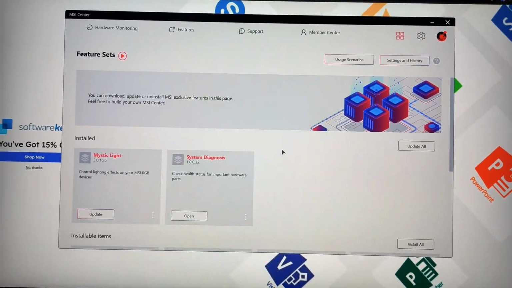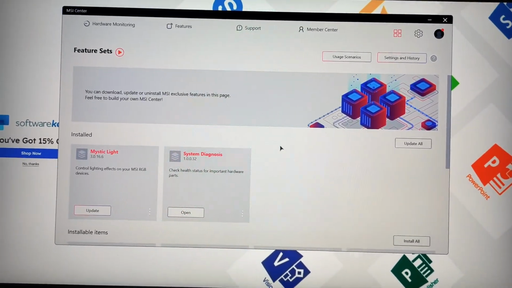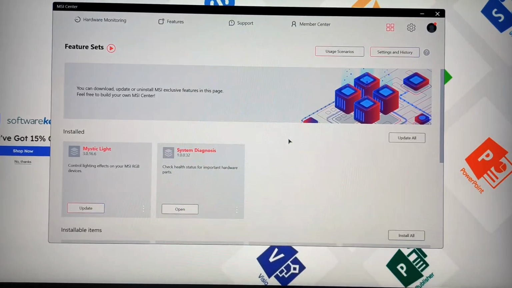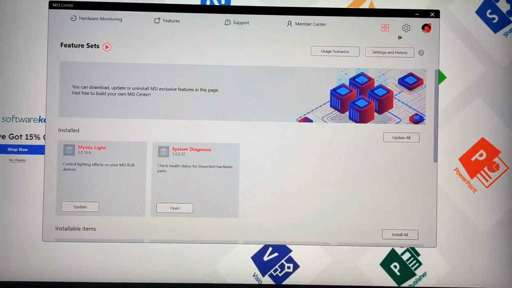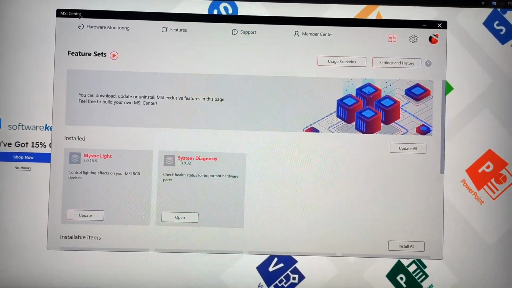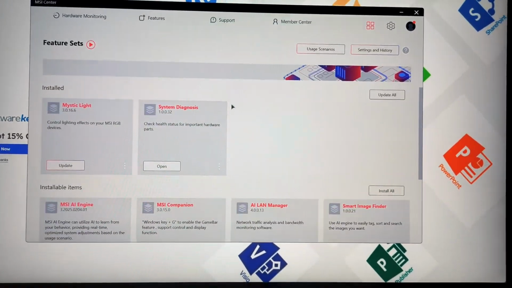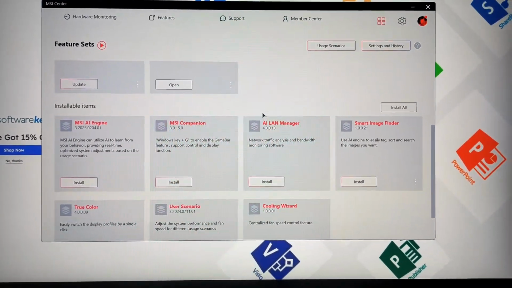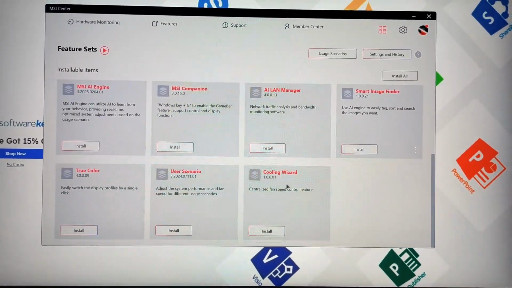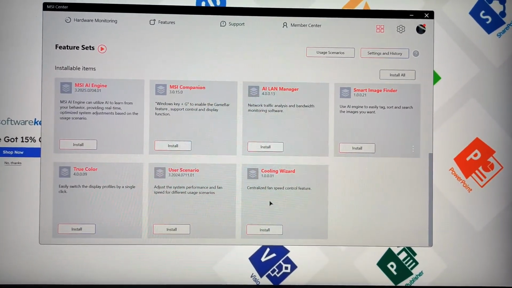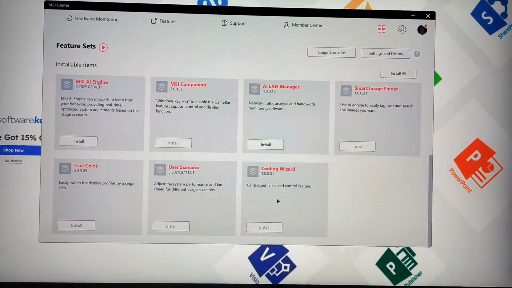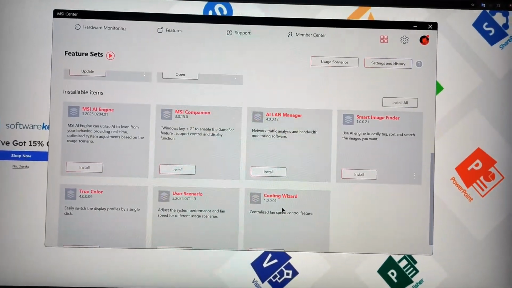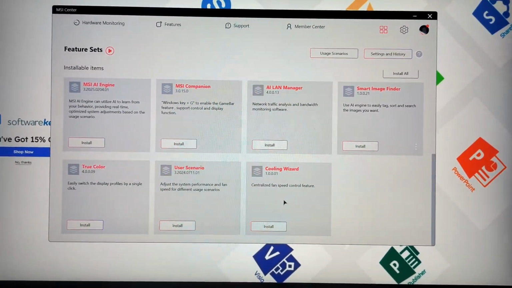Firstly, before I get into the main method, if you have an MSI motherboard like I have, you can just go into this MSI Center application. As you can see, I have it installed. And you can just install a certain add-on in here called Cooling Wizard, and easily control your fan speed. But if you do not have it, let me get into the next steps and show you how to do this